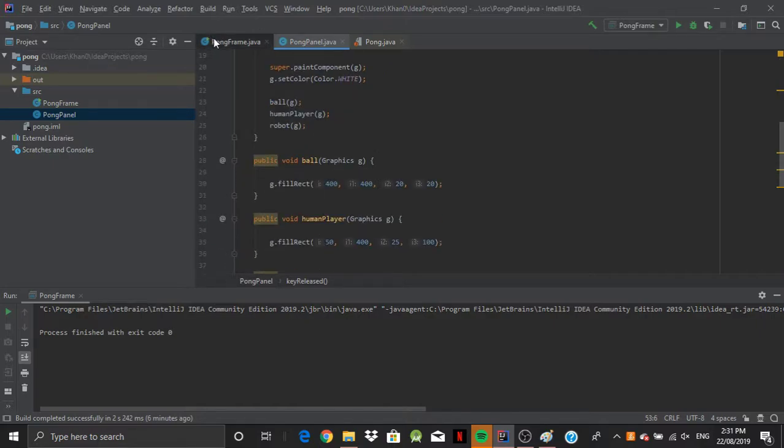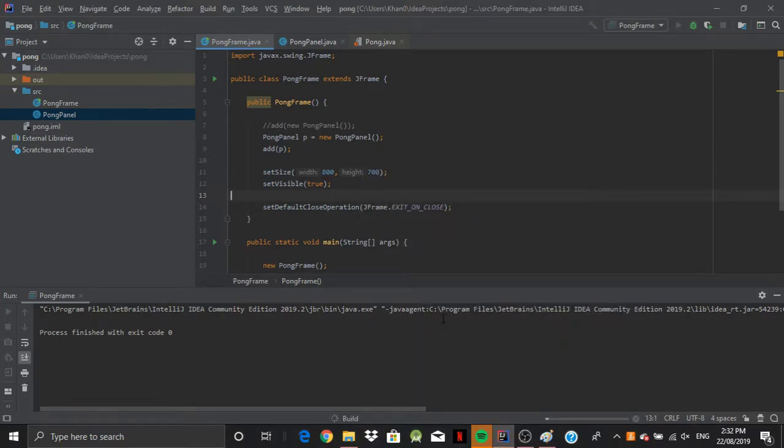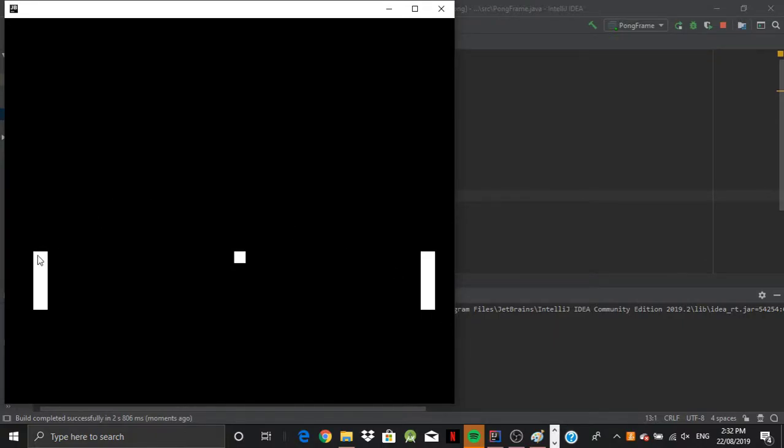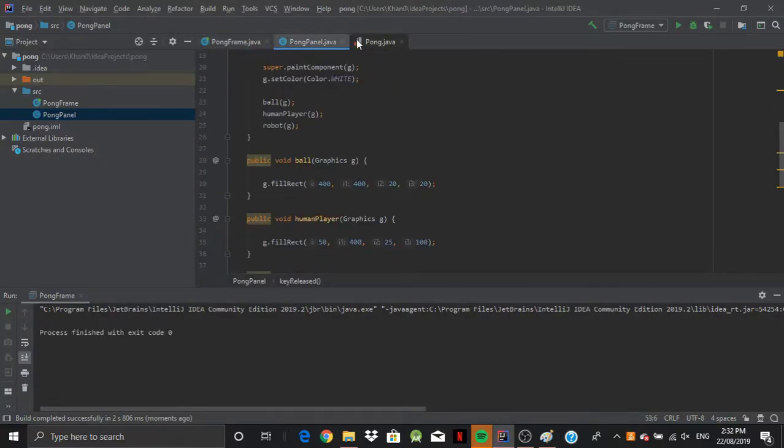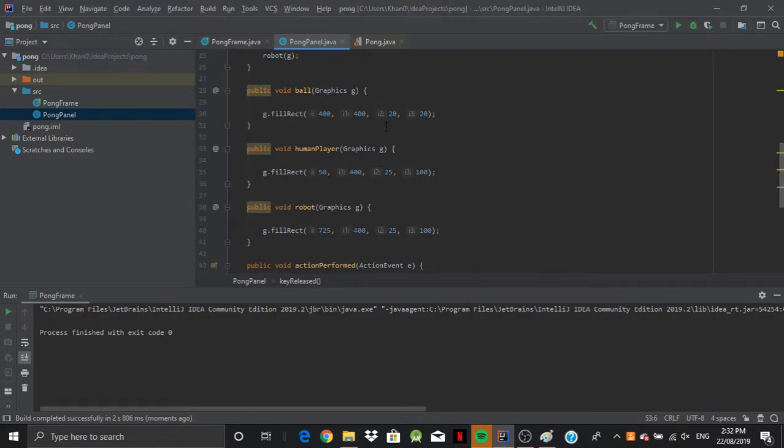Okay, cool. So now, when we run it, you're going to notice that we haven't really changed anything. Yep. So we haven't changed anything. So that's a little boring. So now we're going to instantiate, did I say instantiate? I meant initialize a few variables for the ball,